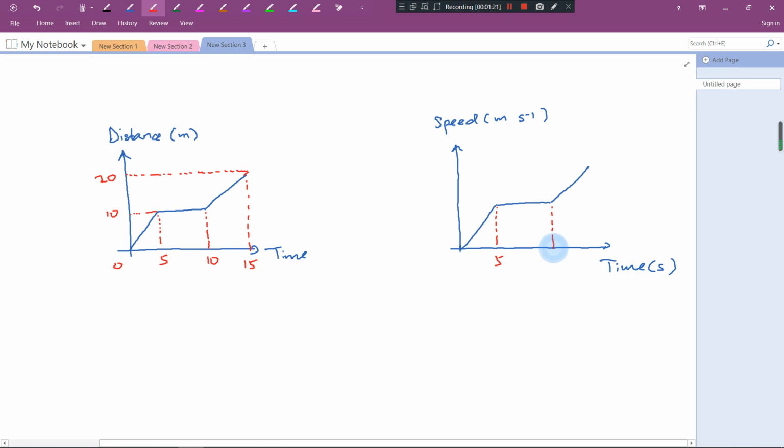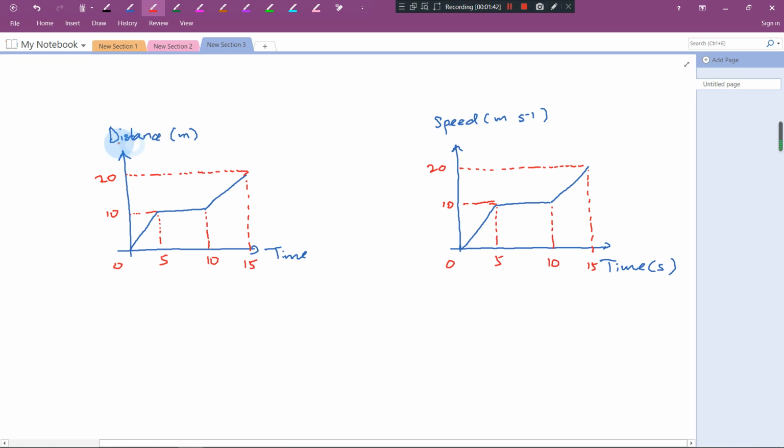Five, 10, 15, this is 10, this is 20. Okay, even though these two graphs have exactly the same shape, they actually tell us different